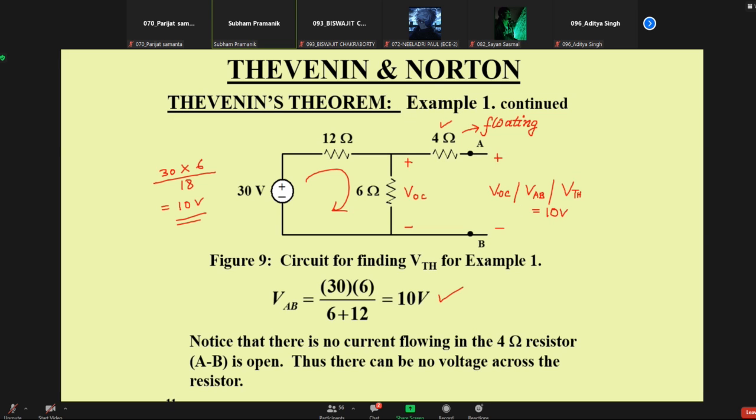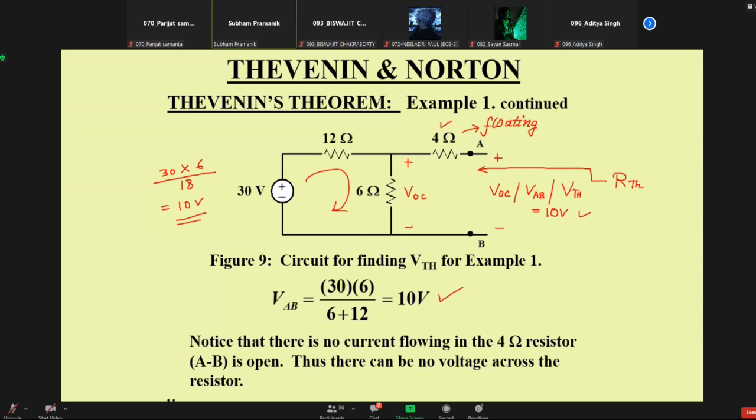So the first step, we disconnected the load. The second step is applying whichever method you think is better, like mesh analysis or node analysis, in any way you need to find this open circuit voltage. The next task is to find the impedance viewed from this terminal. Here all the circuit elements are resistors, so I am writing this as RTH. In case of a complex circuit where we have inductors and capacitors, you can write it as ZTH.